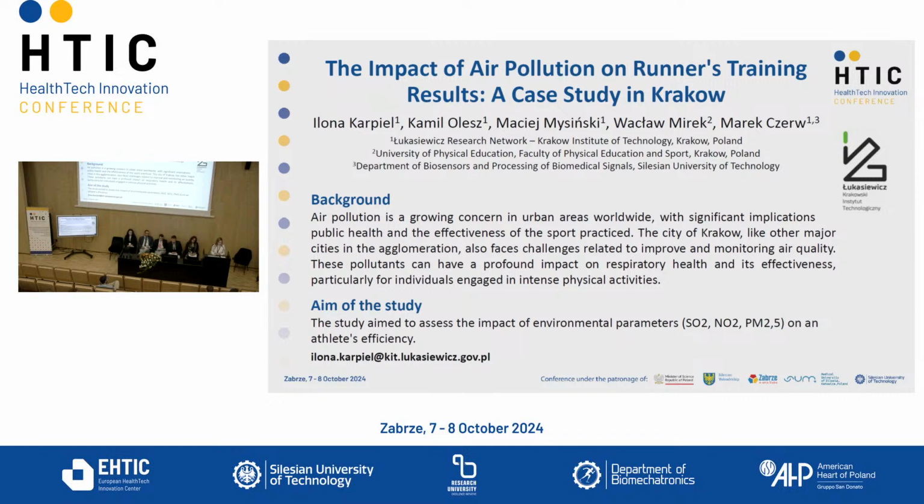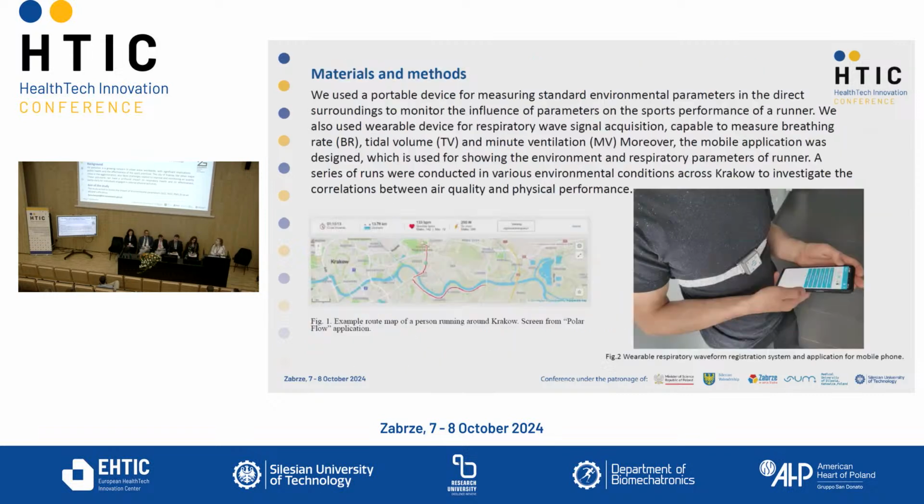Pollutants such as sulfur dioxide, particulate matter, and nitrogen dioxide often exceed acceptable levels, which can significantly affect respiratory health, especially for individuals engaged in intense physical activities like running. In our study, we aim to examine how environmental parameters, including air pollution levels, affect athletes' performance. We use a portable device to measure pollutants and technology that monitors the runner's respiratory functions, such as breathing rate and tidal volume. This allowed us to track both environmental parameters and the physiological responses of the runner during training